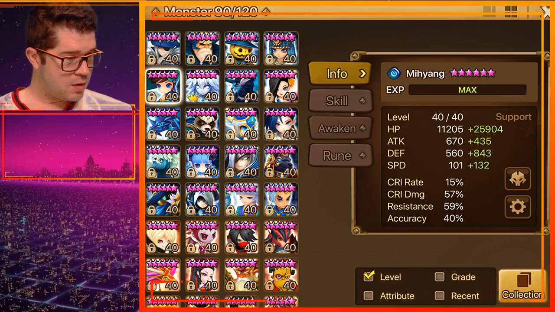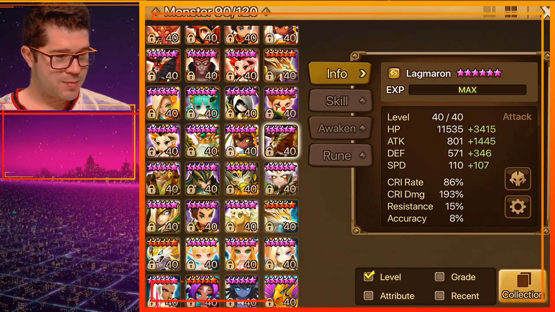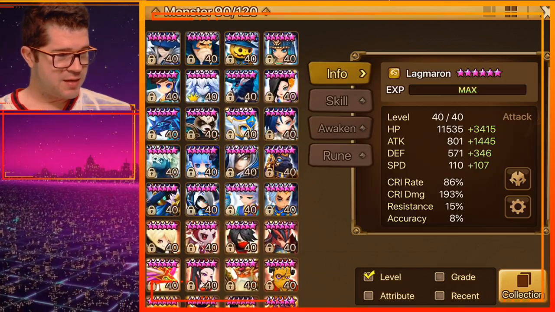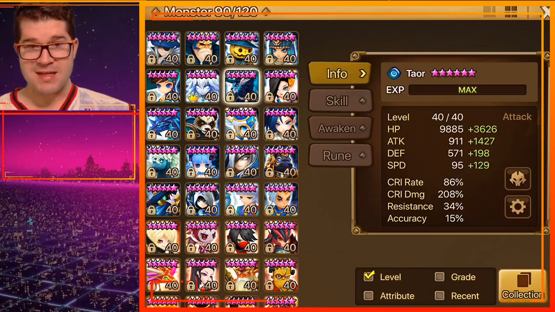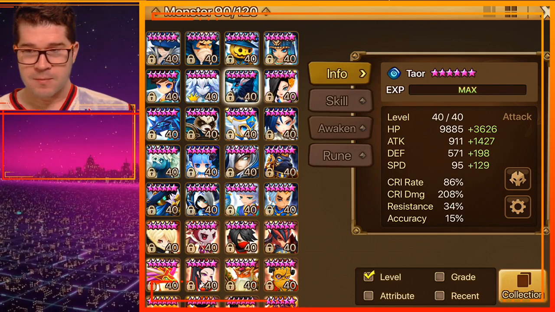The Taor, I guess I put back in storage. Did I keep the Lagmoron out? Here's the Lagmoron for the water boss. I mean, just built to hit pretty hard. Oh no, here's the Taor. Also built to hit pretty hard against the fire boss. And that's the plan. That's about as far as I got on my PvE runing, but the main thing I